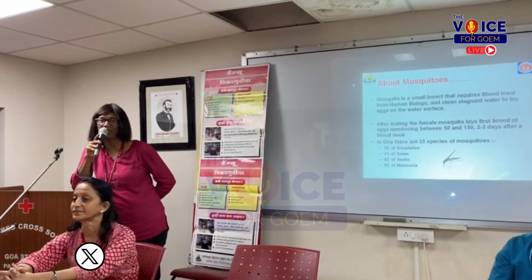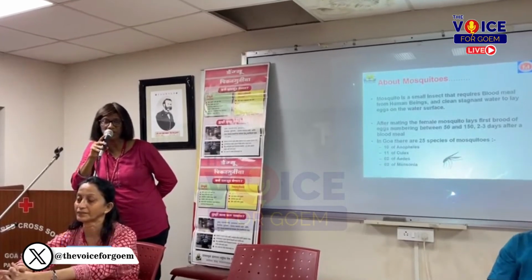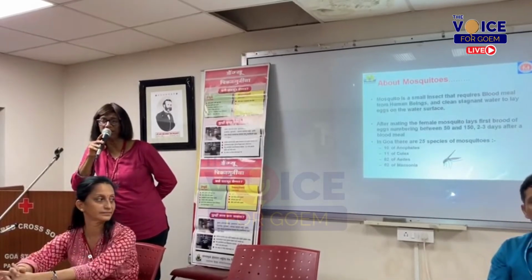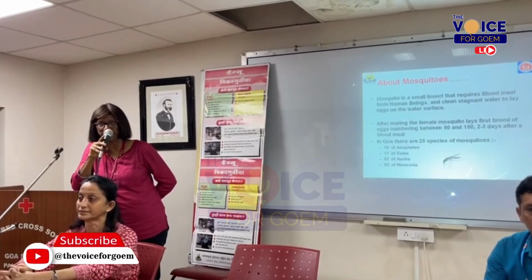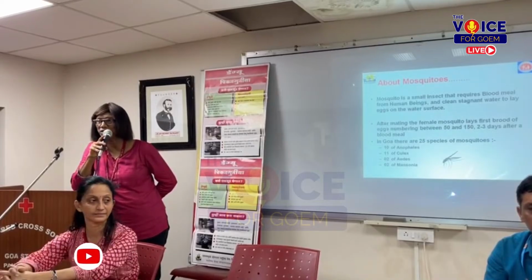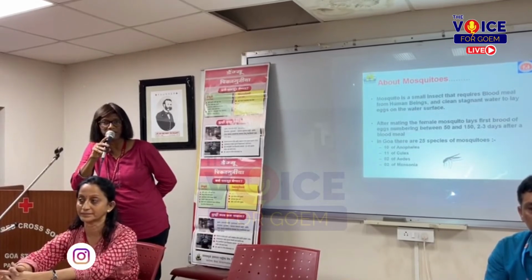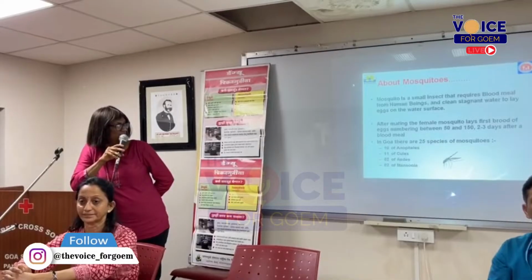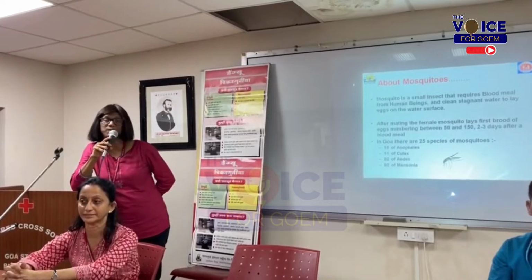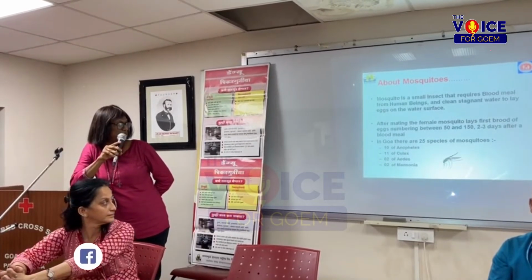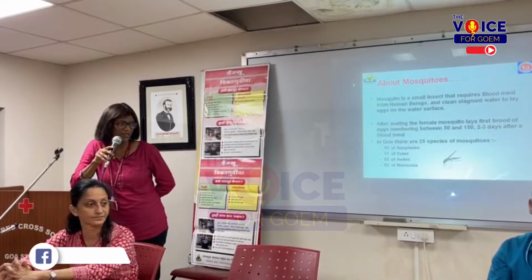A lot of times we get complaints that there is dirty stagnant water, so there is a danger of malaria spread. But even mosquitoes are very choosy in where they breed, the ones who spread malaria and dengue. In particular, they usually like to lay eggs in stagnant, clean water, not the dirty water which we see in some gutters. The clean water around households, around gardens, that's the water they choose. In Goa, we have 25 species of mosquitoes, out of which two species are Aedes mosquitoes, and these are the mosquitoes which spread dengue. Next slide please.